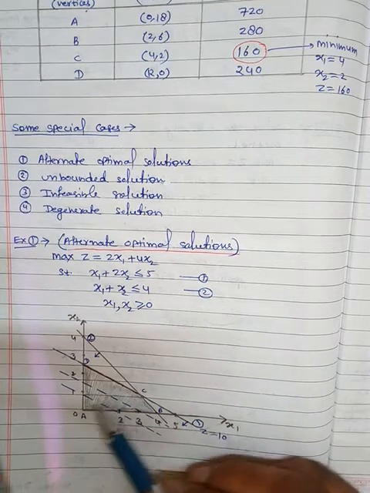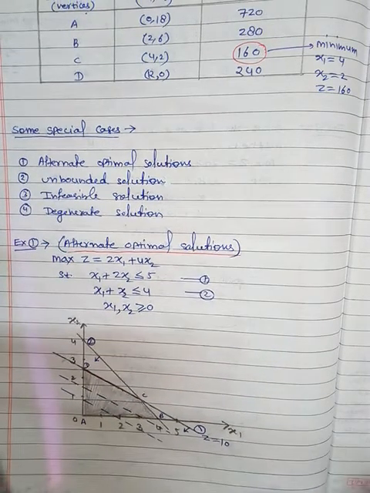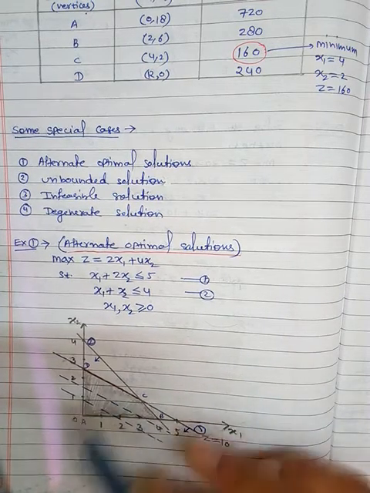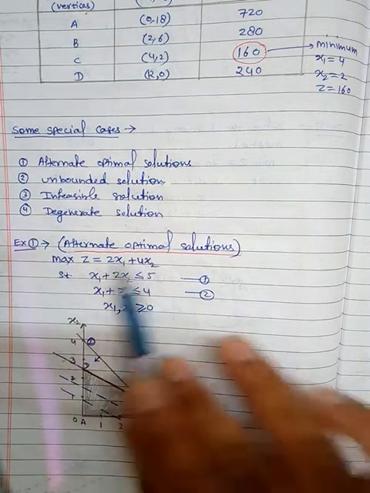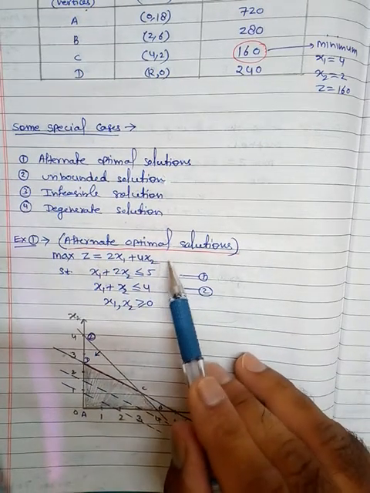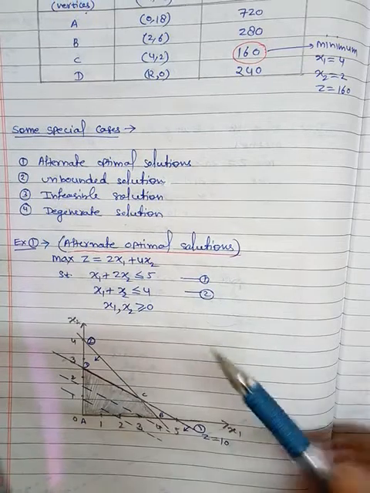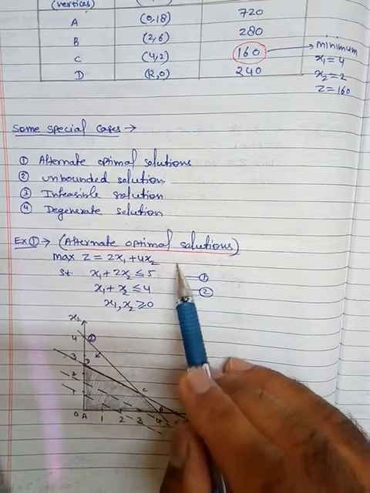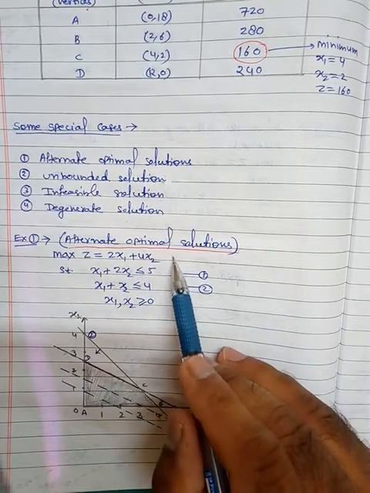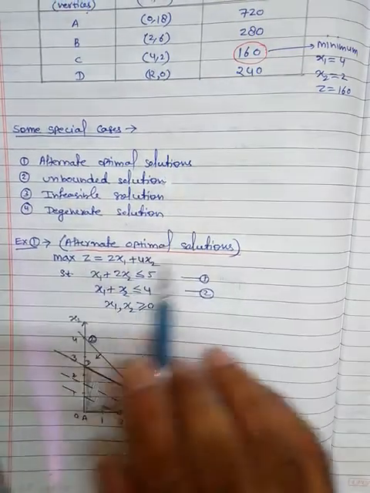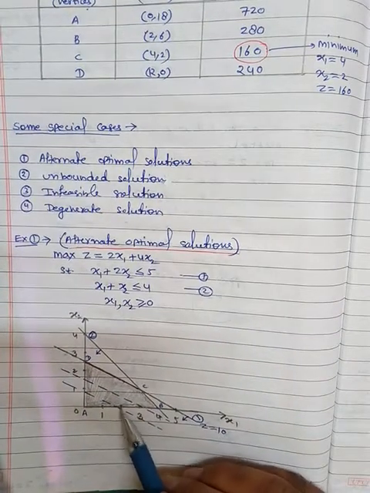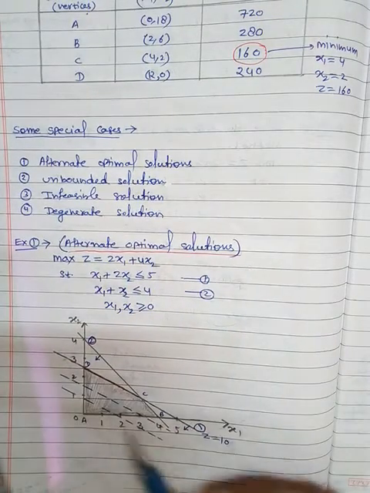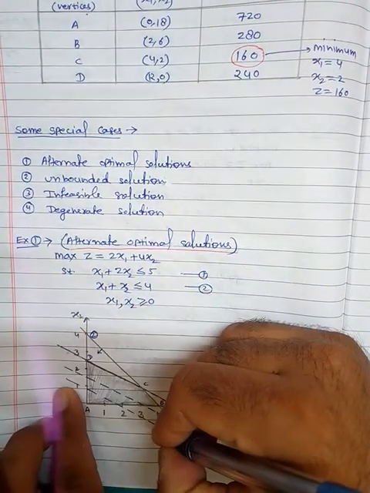So ultimately the shaded part is basically the area bounded by A, B, C and D. These are the four corner points. When you draw the objective function, just assign some value, for example z is equal to 4 here. When you put x2 equal to 0, we will get x1 equal to 2. Then put x1 equal to 0, x2 will be 1. So when you join 1 and 2, you will have such a line.